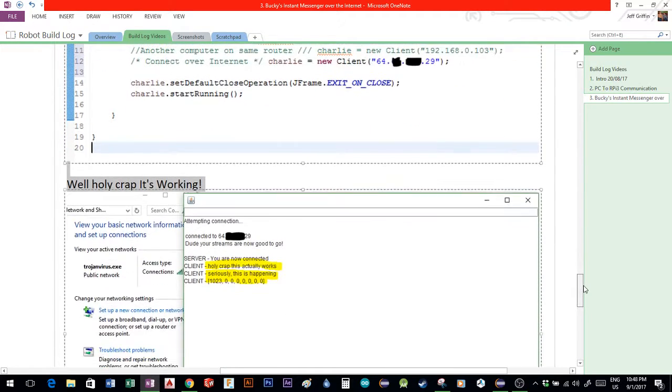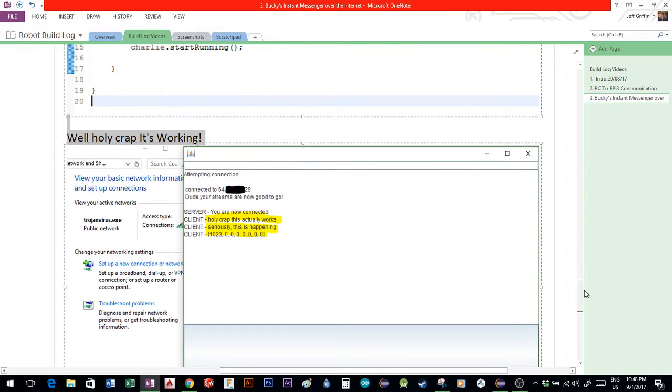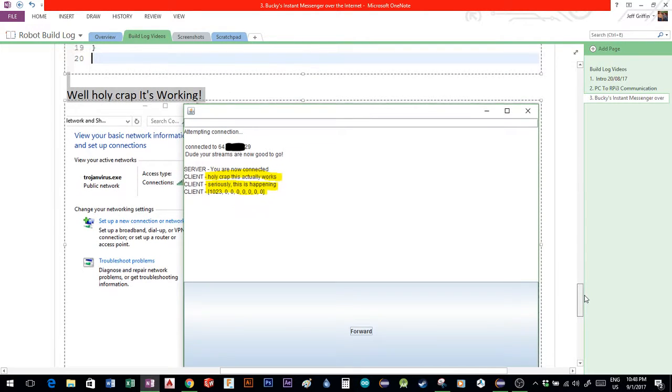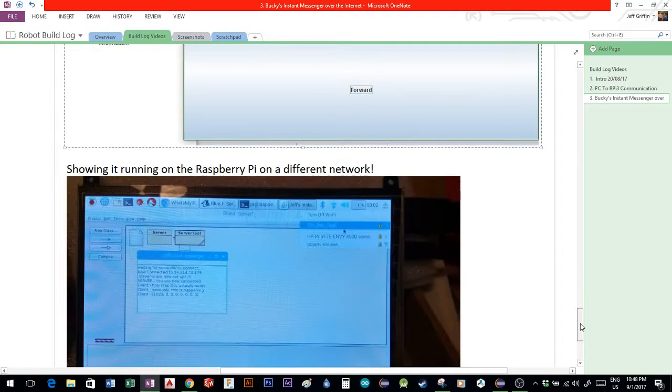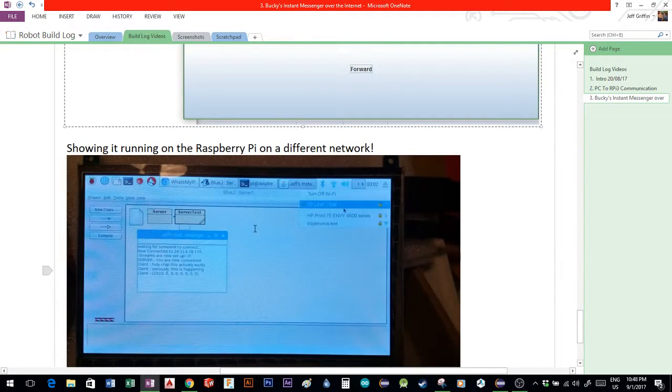Well, I don't know if this will work for you, because everybody's network situation is different, but it took a lot of figuring out for me, and I finally got it going. So there's a little screenshot, and I put the other one in. Here's a photo of my Raspberry Pi, and here it is. You're now connected to